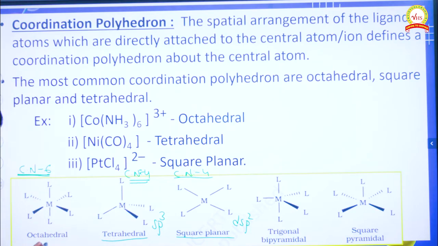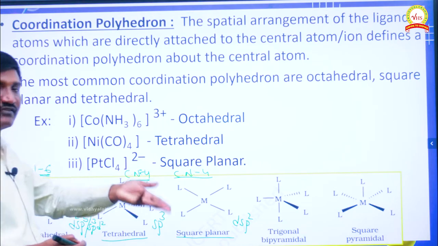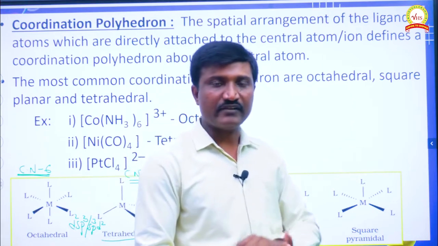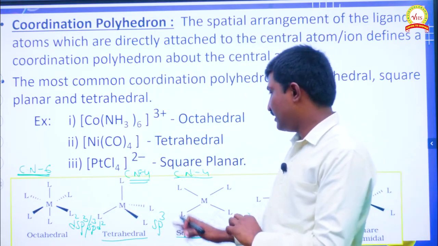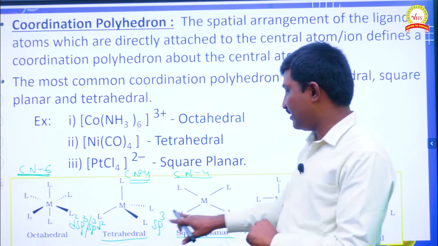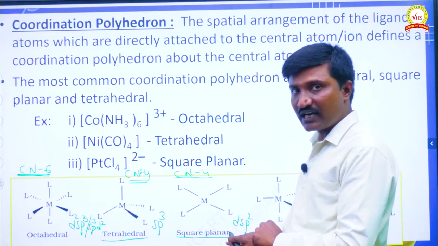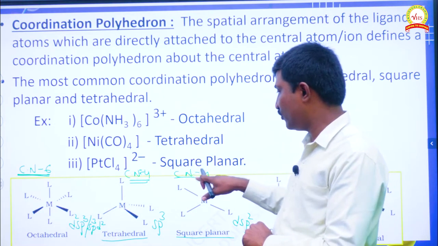To give octahedral shape, the central metal atom may participate in either d2sp3 or sp3d2 hybridization. We will discuss what hybridization is possible in later videos. Depending on the hybridization given by the central metal atom with coordination number 4,